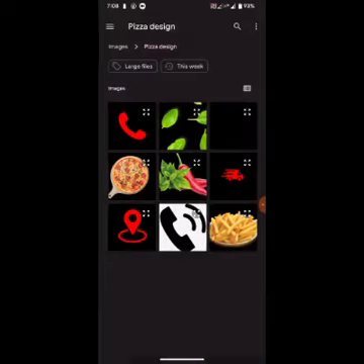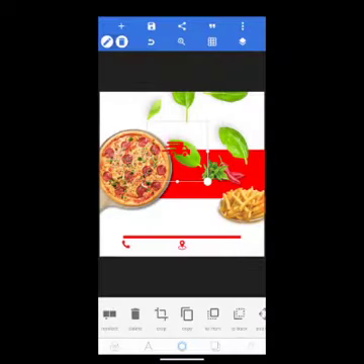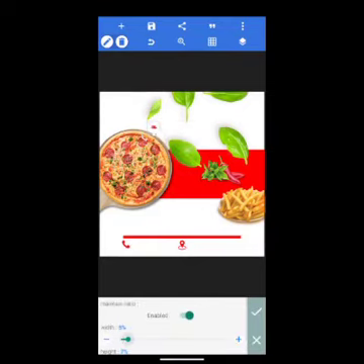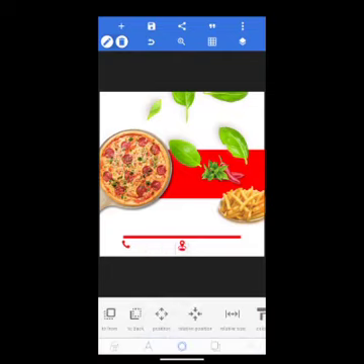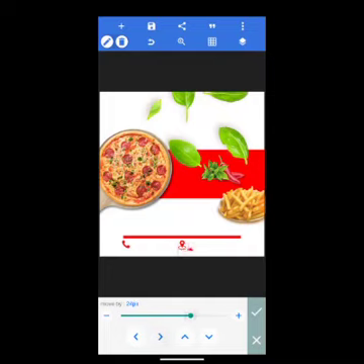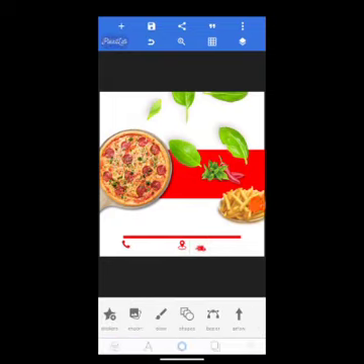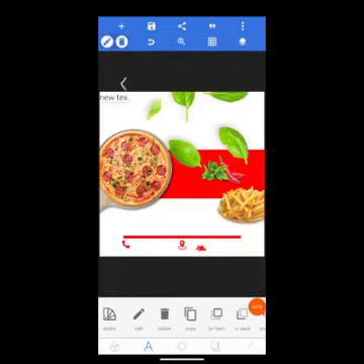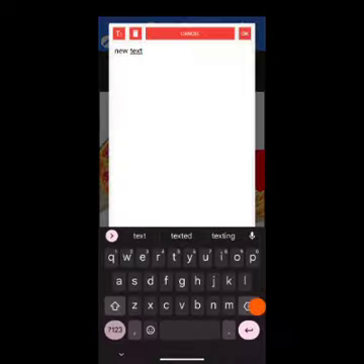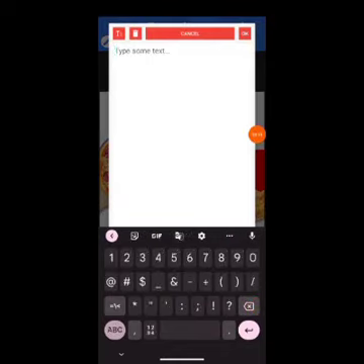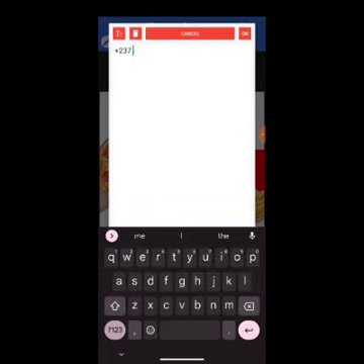Okay, so the last one I'll be importing is this one like this. Go to size, reduce the size to 8, and I drop it down. The size looks too small, so let me increase it again. Okay, after having it this way, this is what I'll do. I'll go to this A over here, and I import a new text, position it down here, and I'll be typing my number. That should be the number of the client you're designing for, right? So let me just say +237 6